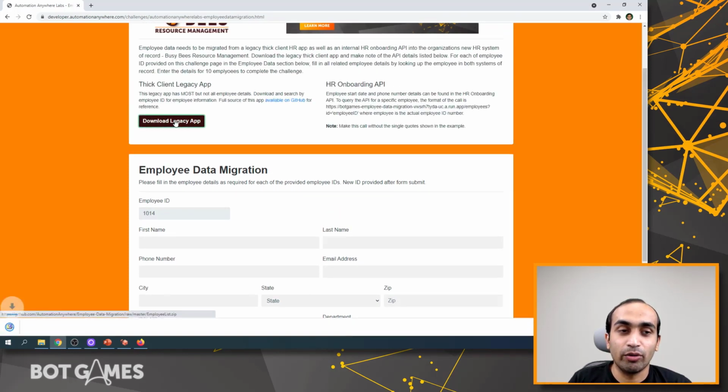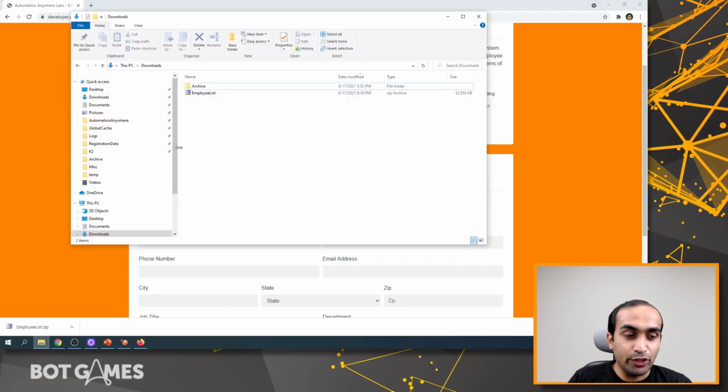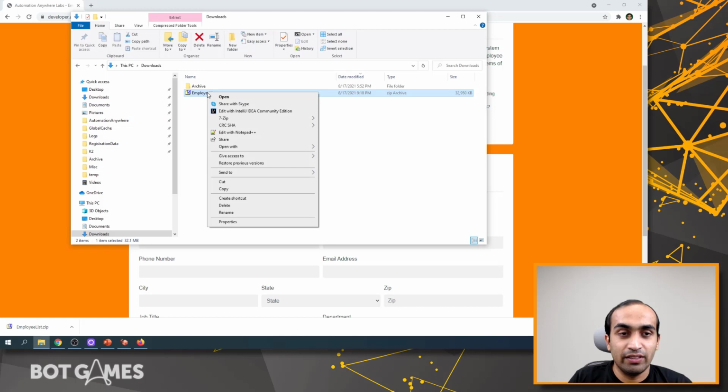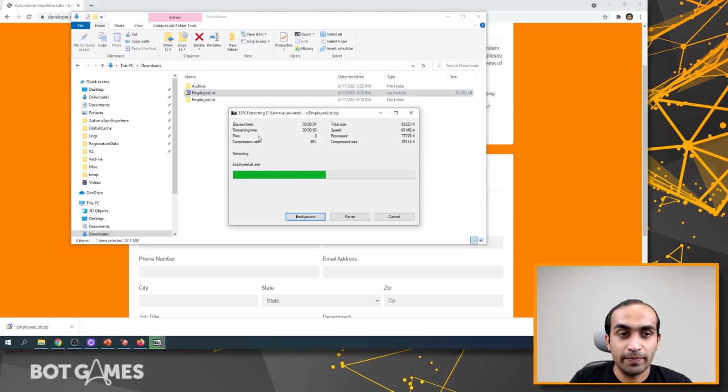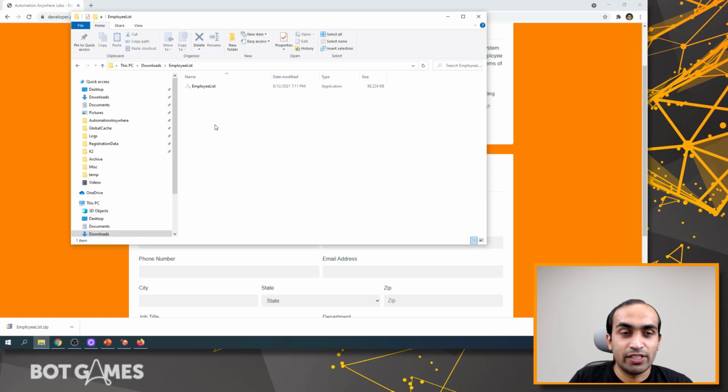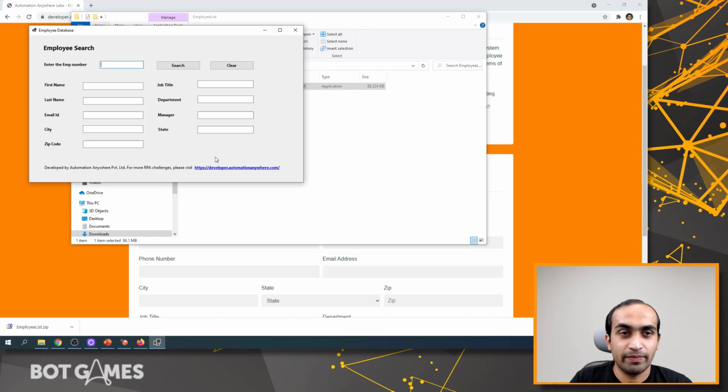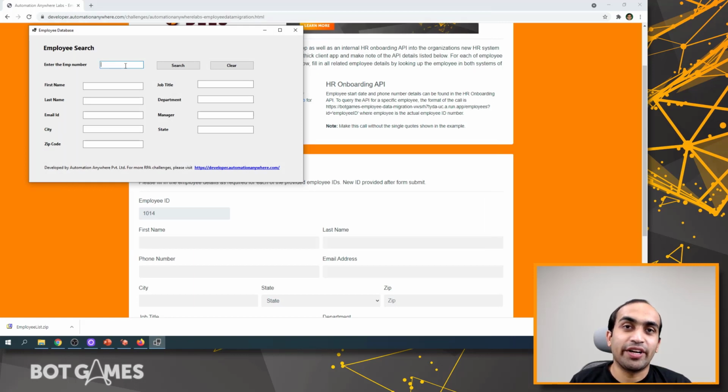So we will first download this app, and then I'm going to extract the executable from this zip file. Now let's launch this application. The employee number generated from the web app we need to enter here and click on search. So now we are going to get all the information corresponding to this employee number, and the next is to